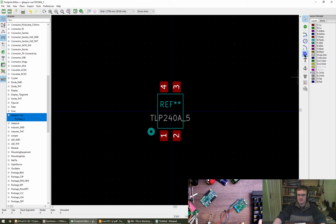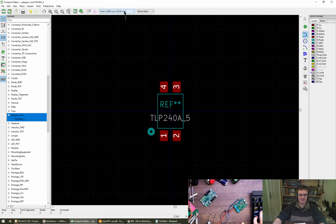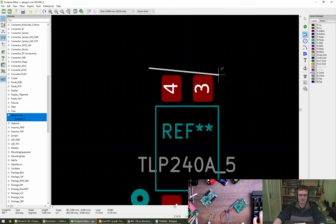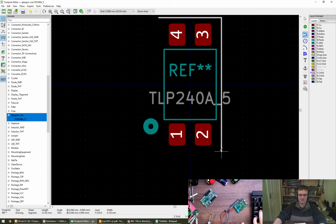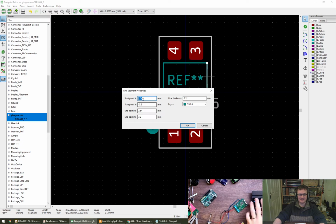Okay. What's this then? Graphic polygon. Just draw. Turn that down. Like that, I'll do. 0.25 millimeter courtyard. Very well. So this is. That's actually wrong. The package is in fact 4.58 millimeters wide, which makes that 2.29